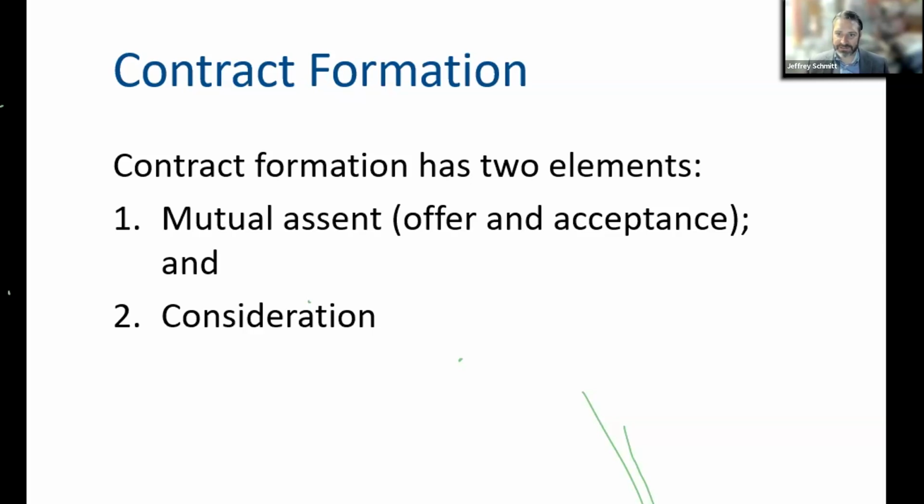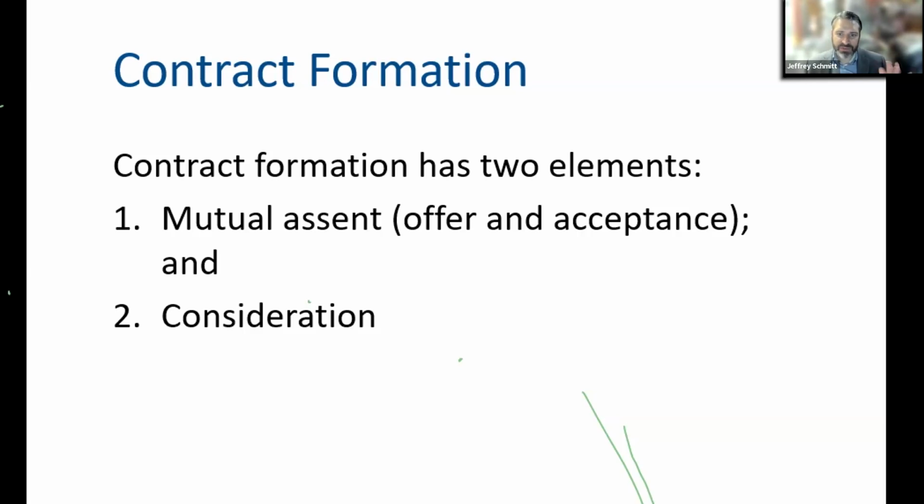Are there any terms that we're going to imply into the contract, even if they're not written down? We're going to cover defenses. What if there's duress? What if somebody lied when they were making the contract? What if there's fraud? And then we're going to cover damages. That's a big topic. That's what the client really cares about. How much money will I get if they don't do what they're supposed to do? And importantly, breach as well. Do I still need to perform? They're not doing what they're supposed to do, so can I stop performing under the contract or not? We're going to cover all of those topics in the course.